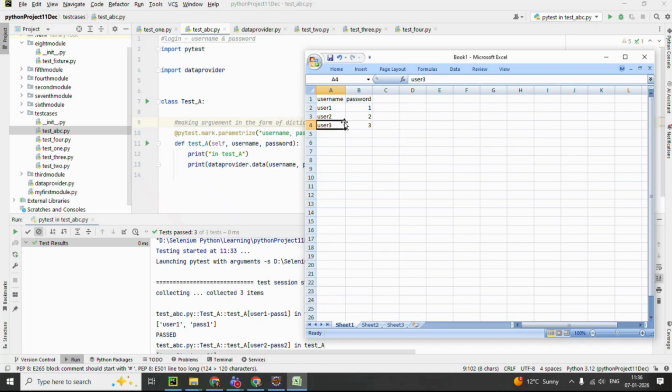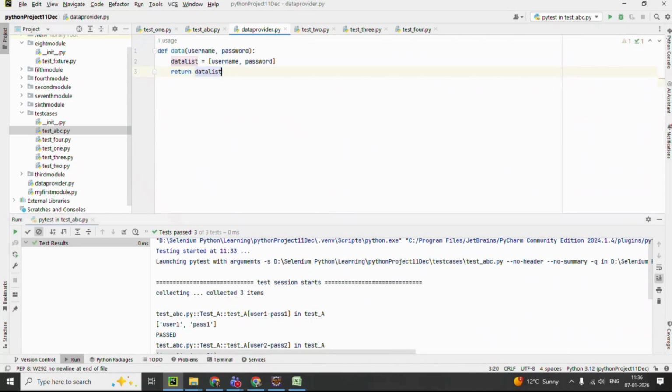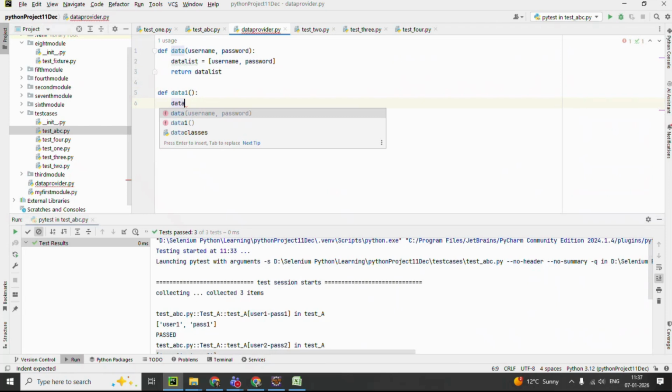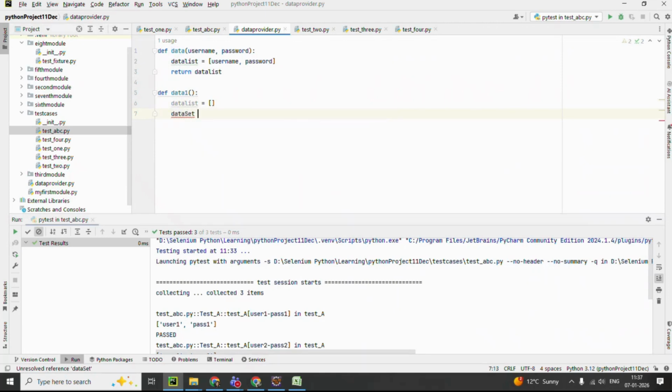Okay, now what will I do? I will make a data provider here. I will make a new function, say def data one, anything, in the data list, and say data set equal to. Right now, I am hard coding, but later on we will read this data from any external file. Okay. Say username,